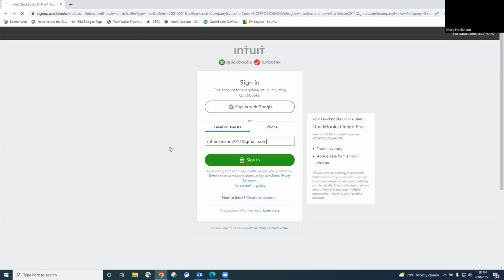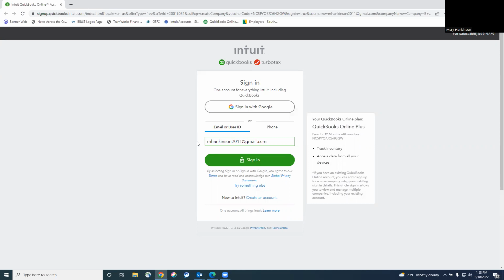All right, so I've already set up my case 1. So your screen may look a little different the first time you do it. The first time you do it, it's going to have you confirm your email, enter your first and last name, your telephone number you can skip, but then you will need to create a password. Okay, so once you have set up your case 1, again, your screen is going to look a little different when you click on it. It's going to ask you to confirm your email, enter your first and last name, and then create a password and confirm your password. Okay, so once you do that, you will click sign in,